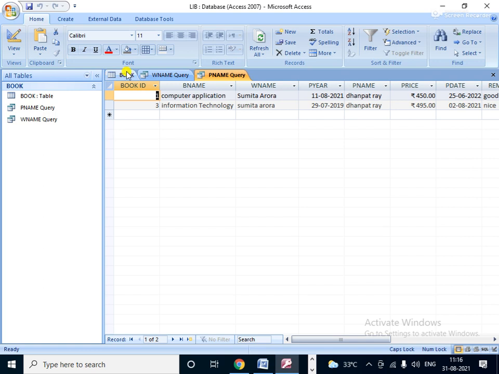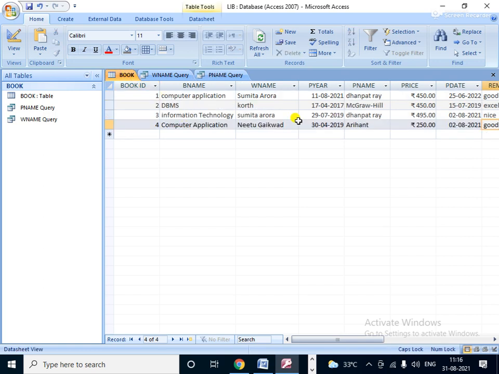Next, suppose see the price is there. See, 450, 450, 495, 250. So suppose here is the question. We want to show you the computer application book, means we check with two conditions at the same time. So suppose the book name is computer application, right?